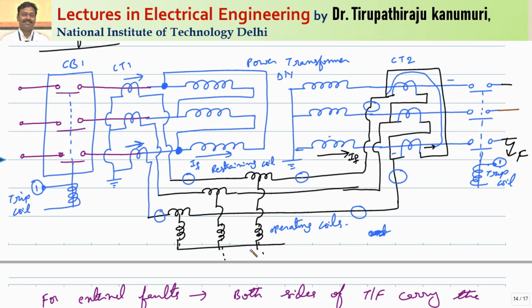In order to avoid that problem, as I have already discussed before, for the relays that are used we prefer to go for IDMT relays, which will have a minimum time delay of 6 cycles, so that this problem will be solved. There is another way of solving this: go for the second harmonic restraining coil. Along with this restraining coil, one more extra coil will be provided, that is the second harmonic restraining coil. That one I am going to discuss in the next class.